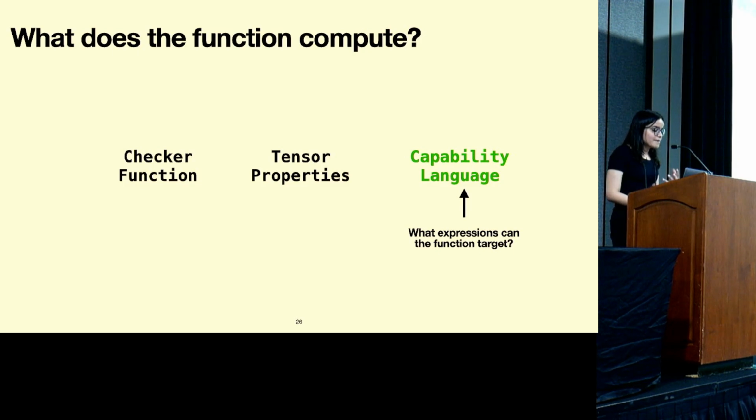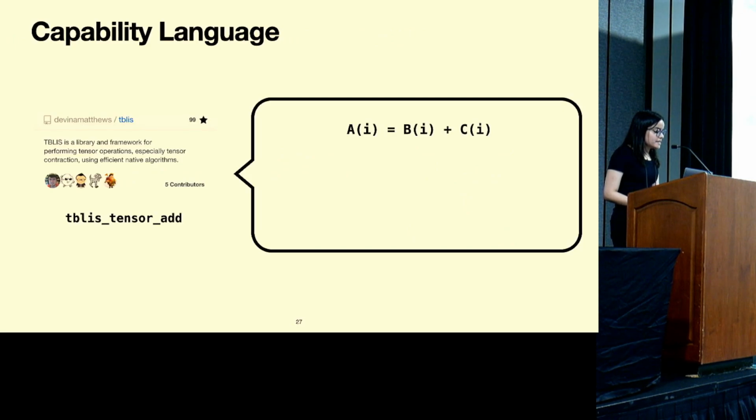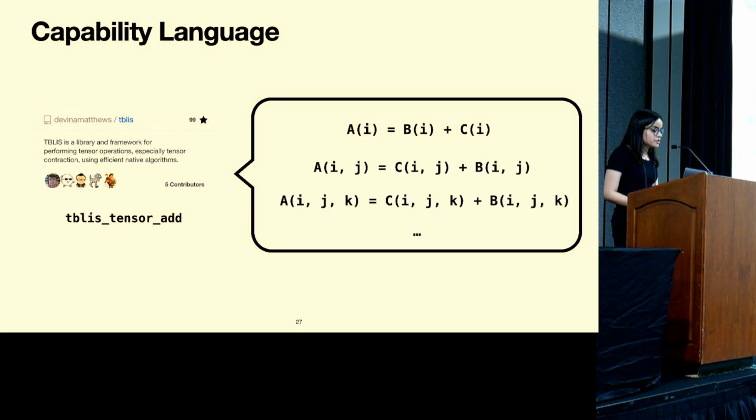And I want to expand a little bit more about this language. So let's look at tbliss tensor add, which is the function that will compute the addition of two tensors. The key here is that this function can not only operate on tensors of order 1, it can also operate on tensors of order 2, order 3, and so on. So this is capturing an infinite subset of tensor algebra in general. And it's impossible to simply enumerate these expressions one by one using Einsum notation that has been used in previous